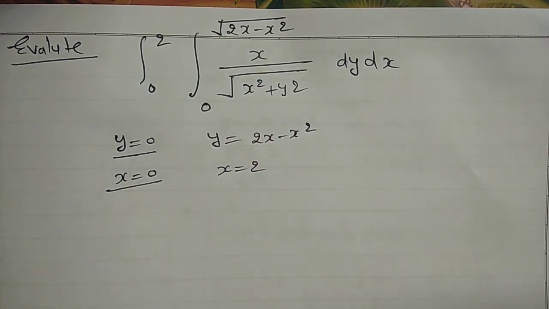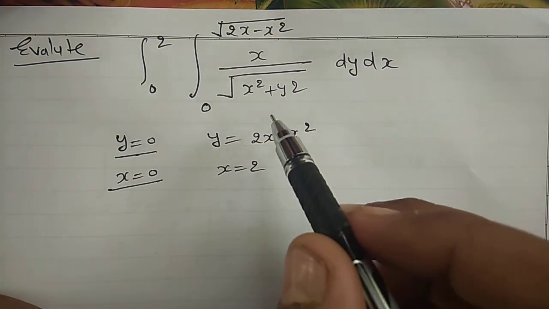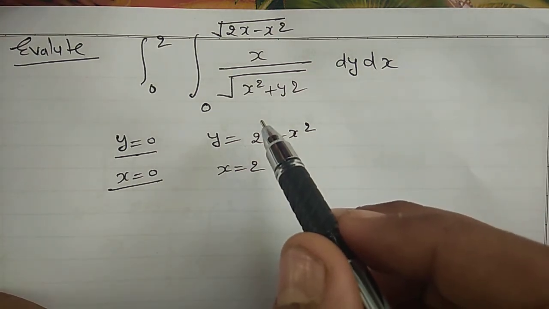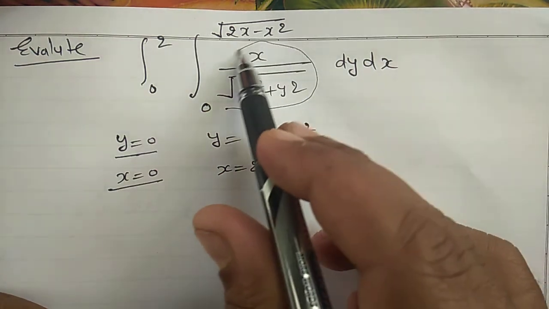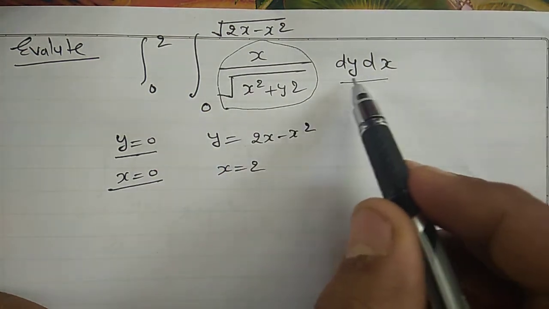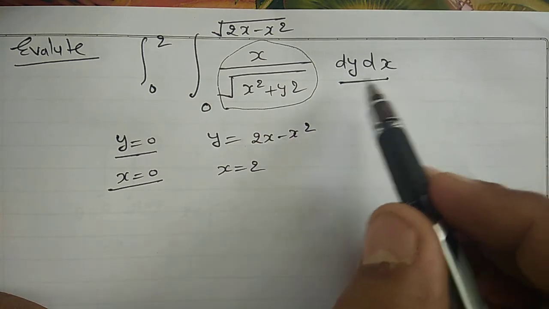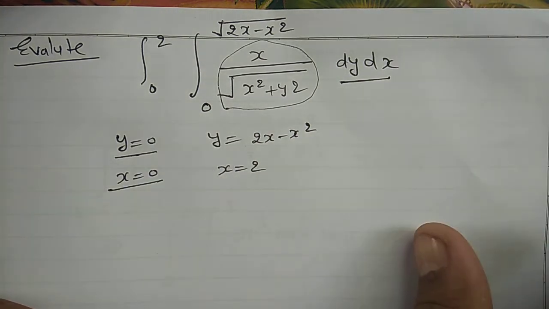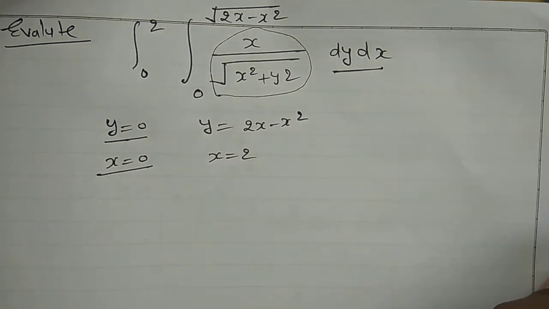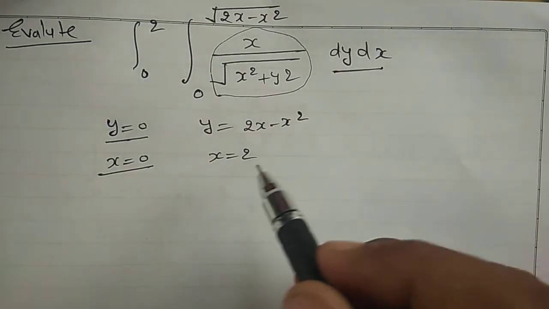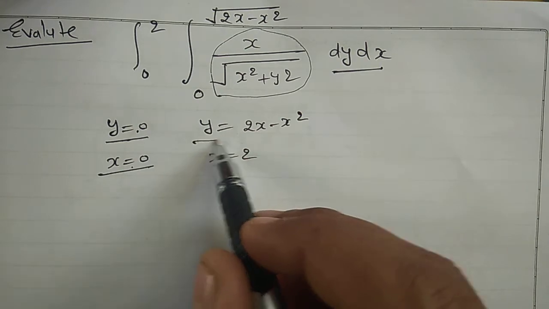Now we can convert by the transformation x equal to r cos theta, y equal to r sin theta. So this will be in terms of r and theta, and this also we can convert. So this will be r dr d theta. The limit part you have to see. First you have to draw the region of integration. So let us draw. These three are okay. What about this one? Let us see what this is.